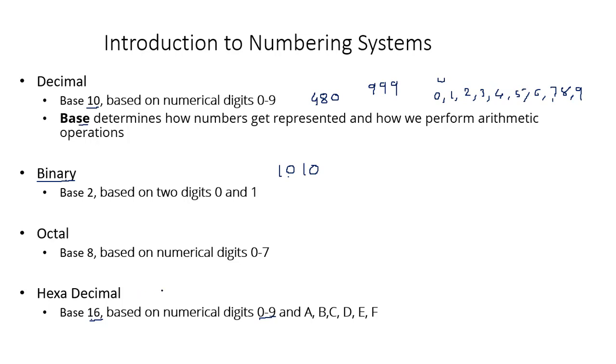For example, the MAC address of your computer can be represented very well in hexadecimal. If you are looking at RGB color codes, it's very easy to remember the hexadecimal value rather than the decimal value for that color. For example, for white or black, it's very easy to remember the hexadecimal value.